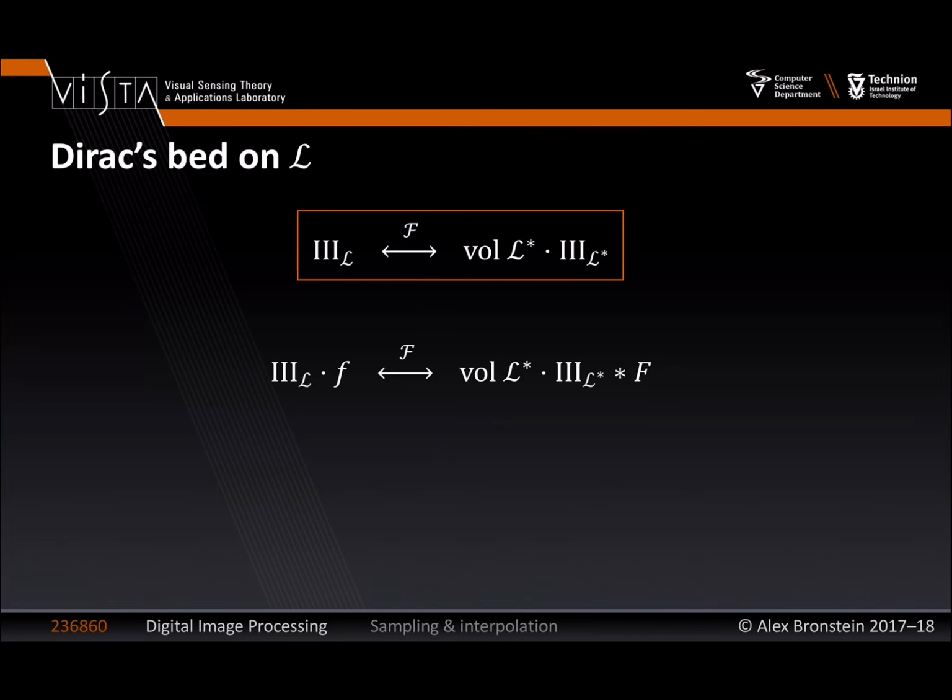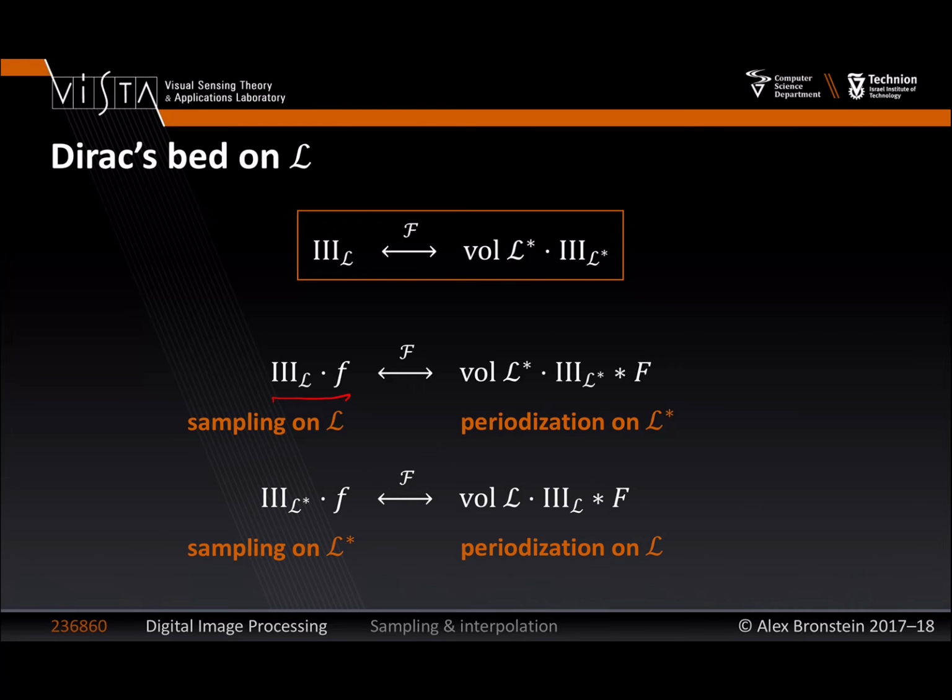So if we have this property of the Fourier transform of the generalized Dirac's bed, we can easily see what happens when we sample with it. So if we sample on L, it is equivalent to scaling. Of course, this scaling will always appear. It is equivalent to scaling and periodizing on the dual lattice. Okay, or we can of course swap the roles. We can sample on L star and periodize on L. Okay, and I will prefer this notation. Okay, so I will need to periodize on L, and of course I will have replicas popping up on L